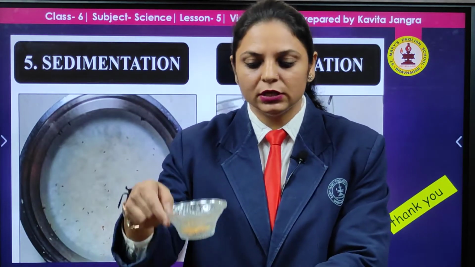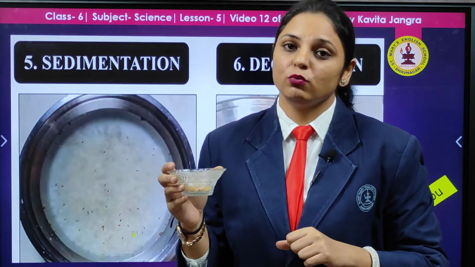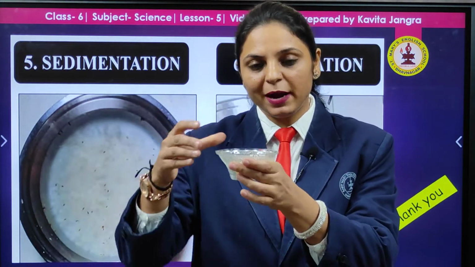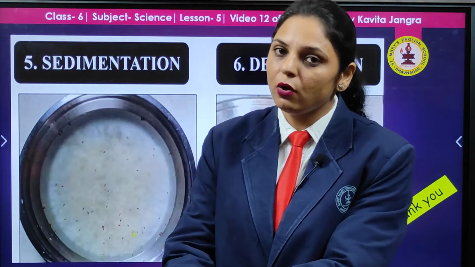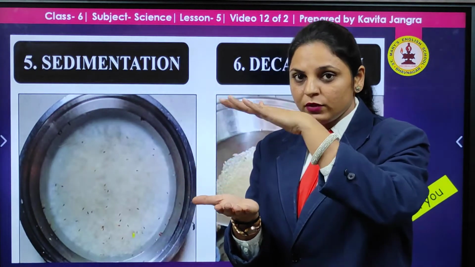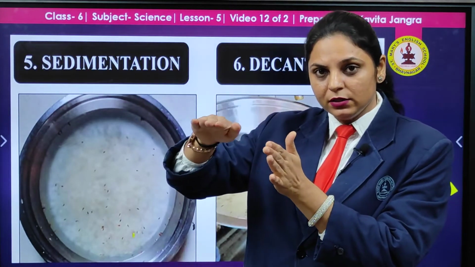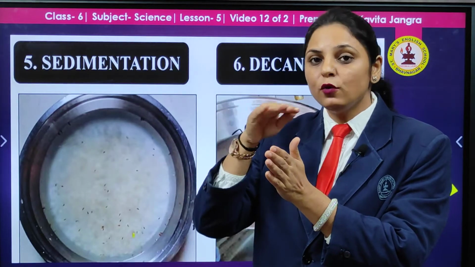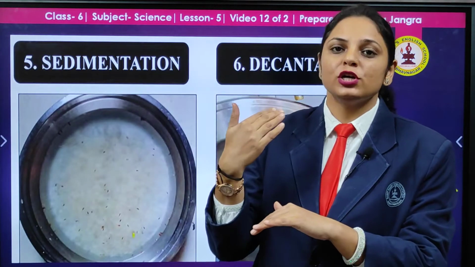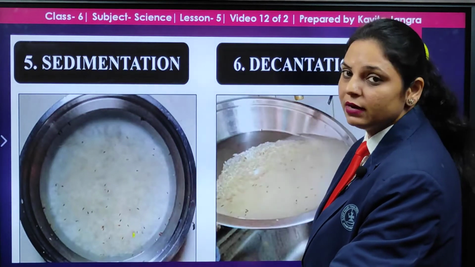Your mother used to put the pulses in the bowl, and in that some lighter particles are there, say an insect. What is she going to do? Then she used to pour water in it and the lighter particles will float on the surface. This is how it is done in sedimentation. Sedimentation means it will settle down. The heavier particles will settle down, and in decantation, the upper water that consists of floating insects that are lighter is slowly washed out or thrown out by her. She is washing the rice over here.